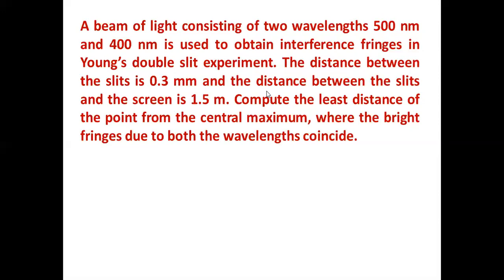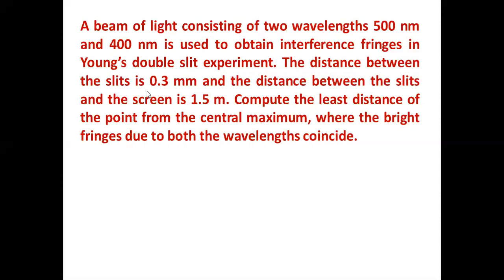Actually, an interference experiment has to be done with a single wavelength, and that light has to be divided into two parts using two slits. Place that light in front of two slits. Then the light coming out of the two slits will be from the same parent source. They are coherent sources. Otherwise, if both waves do not have the same wavelength and the same amplitude, we can't conclude where you get a bright fringe and where you get a dark fringe. So they should be identical. But here they are using two sources, switching them on one by one, to obtain interference. Okay, Young's double slit experiment.